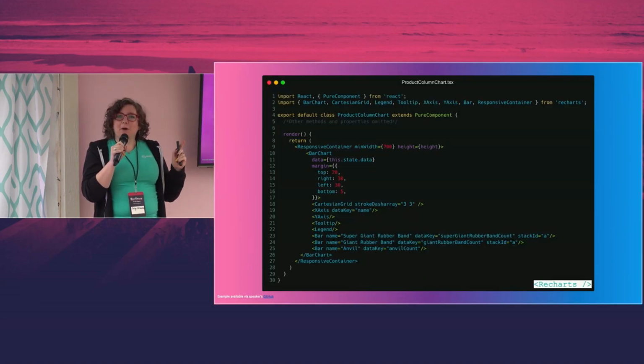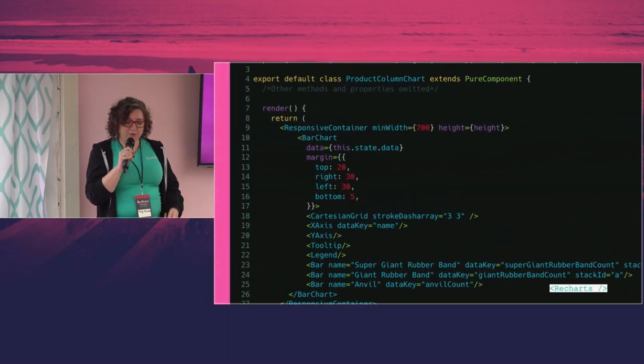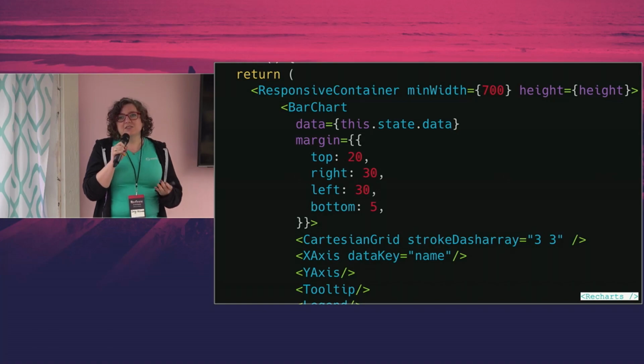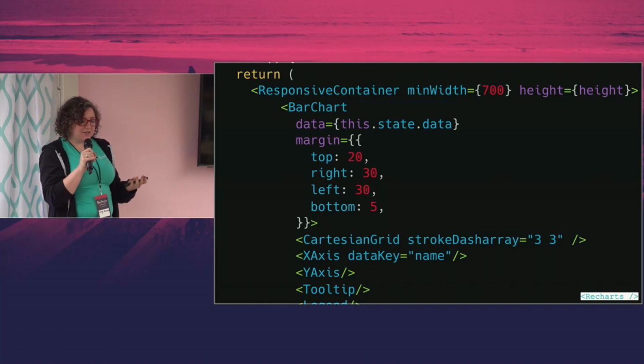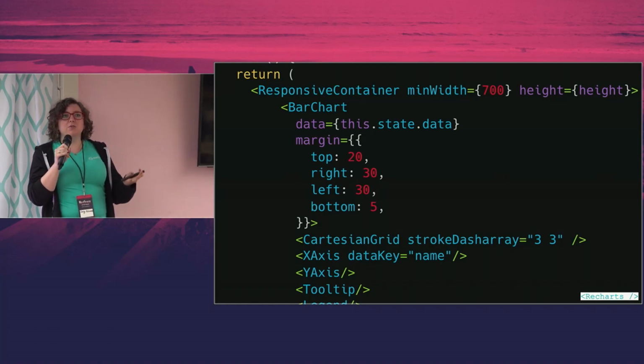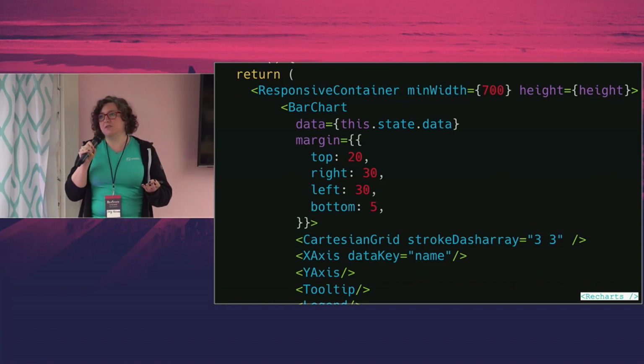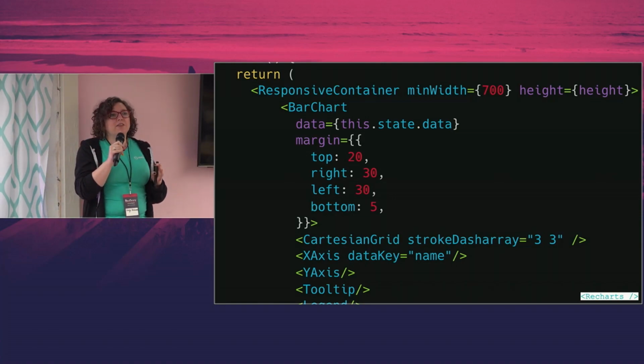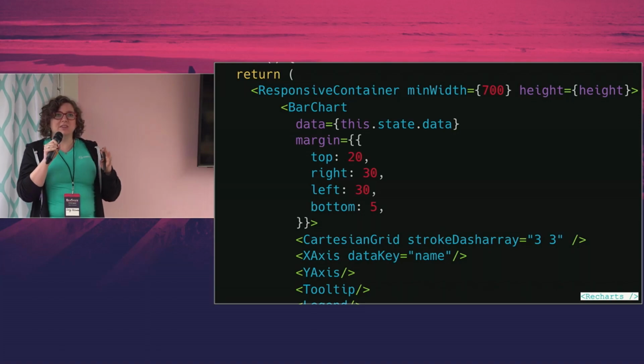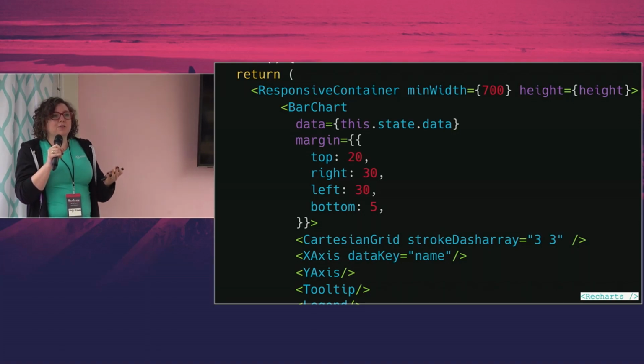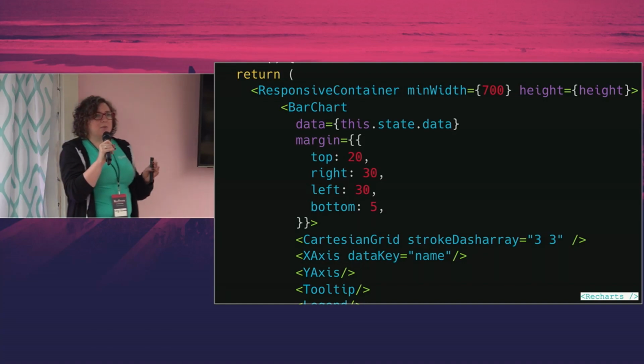It might be a bit small, but we'll try. And if anyone wants to dig through the code later, feel free. But the things that you're going to start seeing when you start working with data visualizations is, firstly, we do need to think about sizing and responsiveness. Not just because we're living in the age of multi-device, but also because sometimes the analyst downstairs is not going to have the same shiny monitor as you.